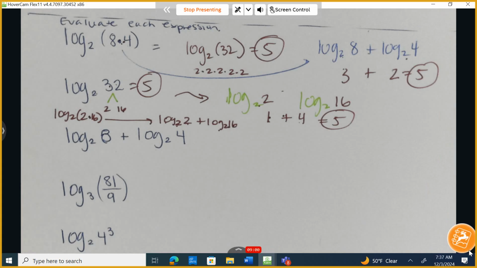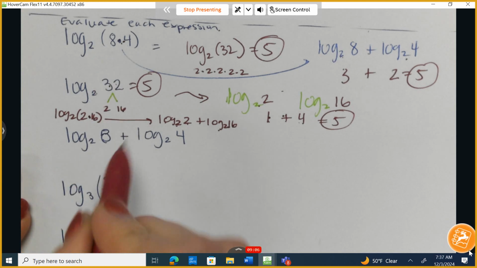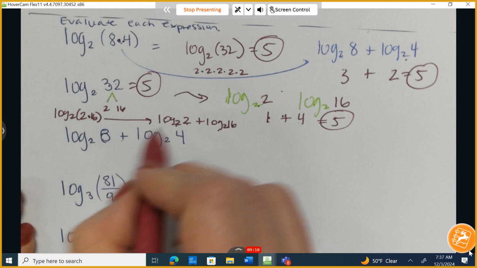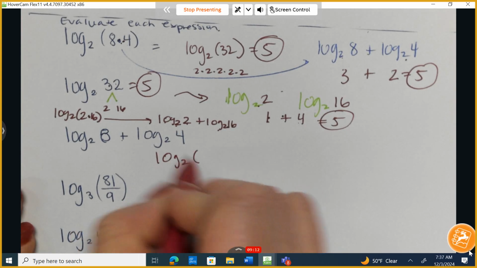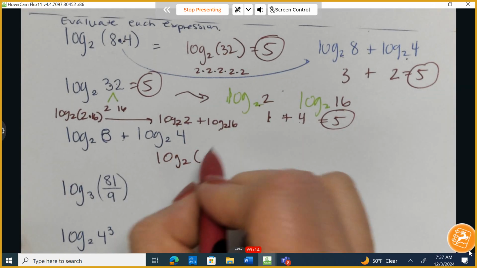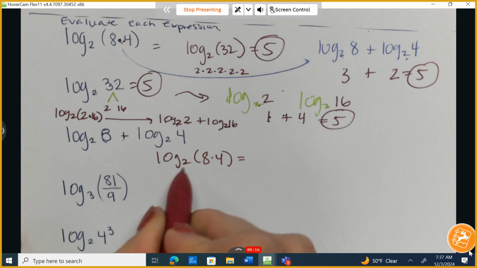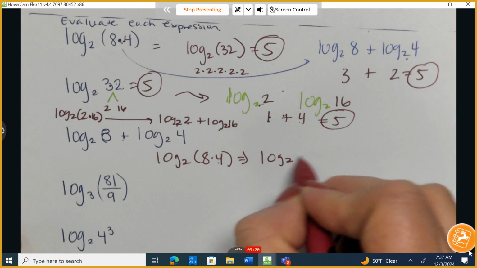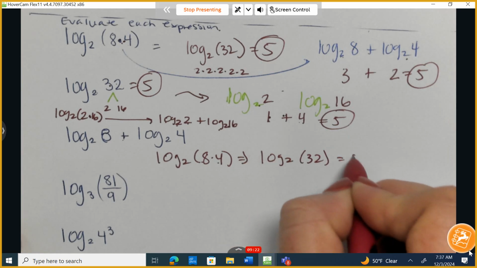Now, I want us to place this back into condensed form. So we're working with the same type of thing for the first 3 expressions. Here, I want to condense this because I think it'll be easier for me. So I'm going to write log base 2. Now, addition, when I condense it, goes back to multiplication. And again, 8 times 2 is 32, so log base 2 of 32, and we get an answer of 5